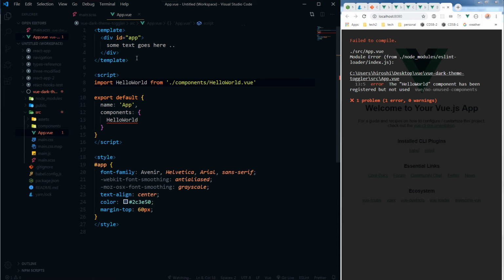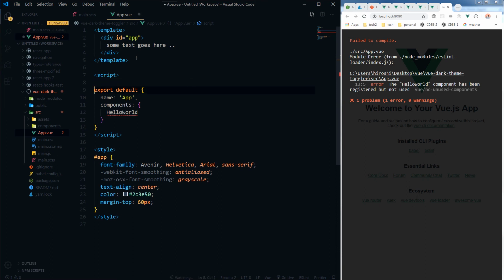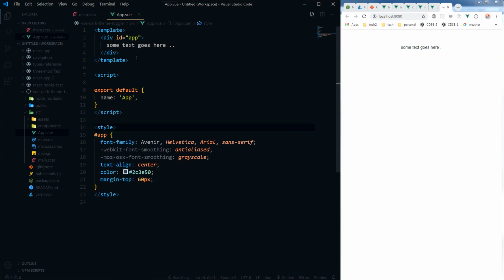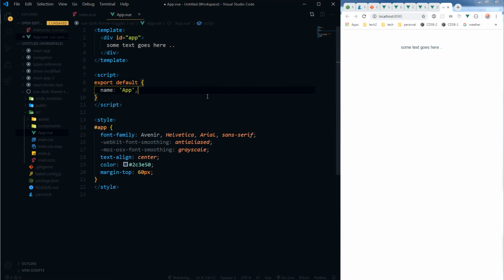Also we do not need to import that component from here, and I am removing this line that is importing component. So we have got a blank component as our default component. The component is being exported as app,